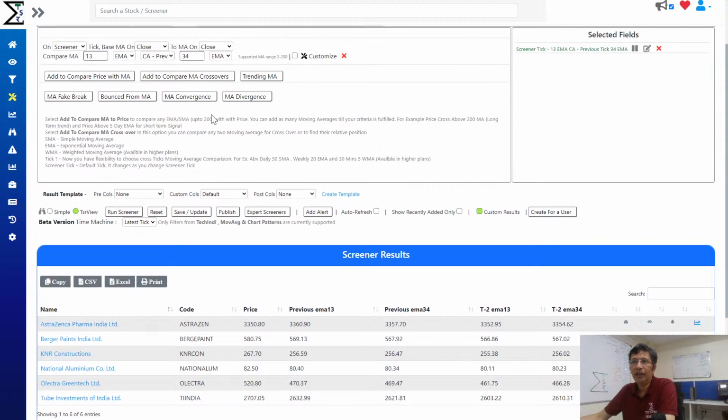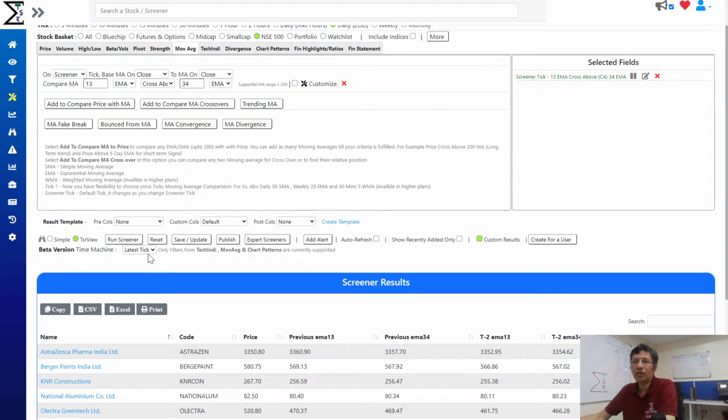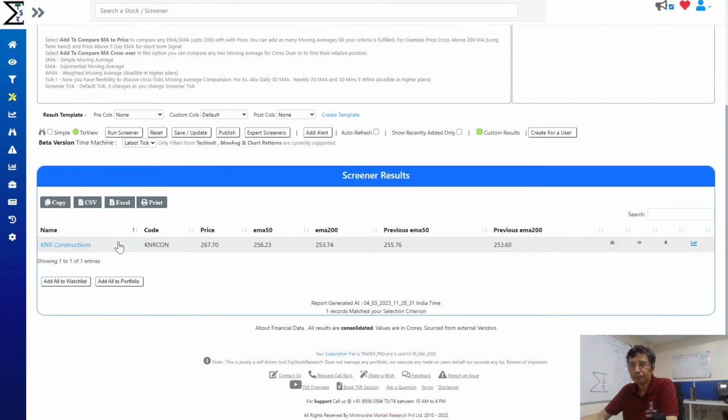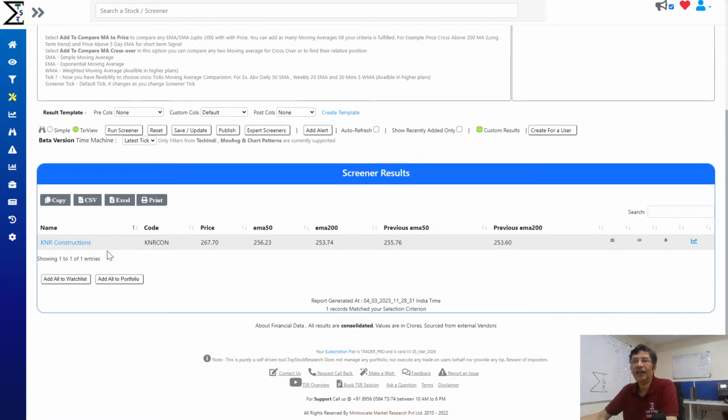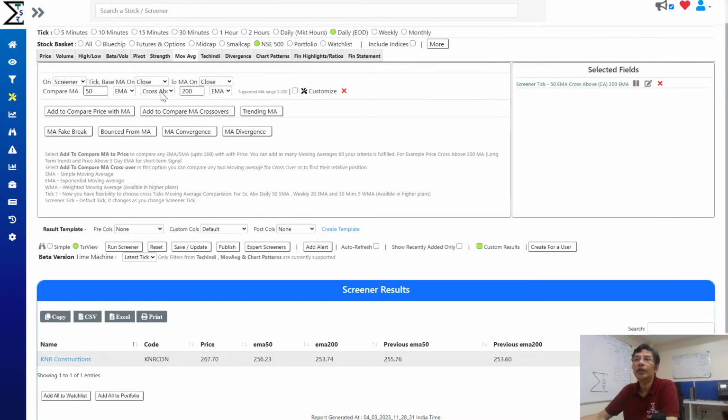Also, this was something which we did early. Now you have an option of saying which tick it crossed over. So let's see that for the golden ratio of the 50 and 200 moving average. Let's plot it here. Basically, what we need to do is have the 50 and 200 day moving average cross above in the